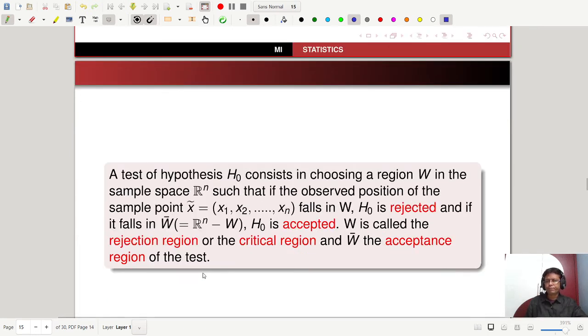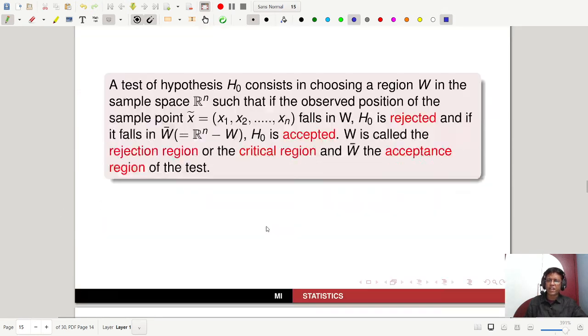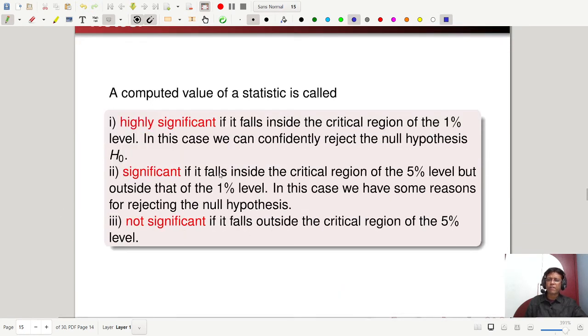Now, this is already explained to you. So now I will explain some important things. How will you choose the level of significance actually? So a computed value of the test statistic, I will explain, and how will you test if m is known, sigma is unknown? So number one, a computed value of the test statistic is called highly significant if it falls inside